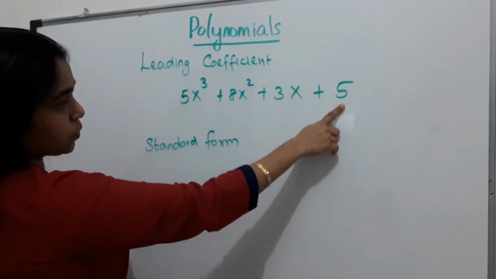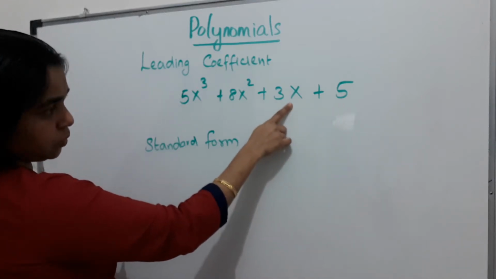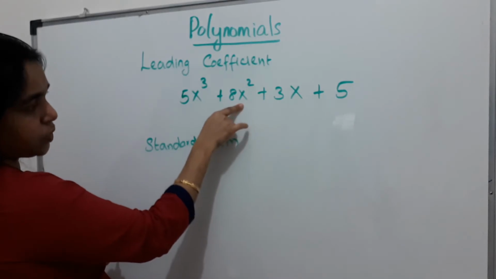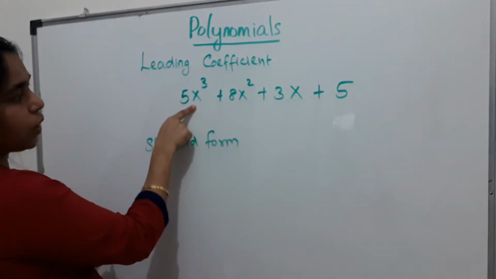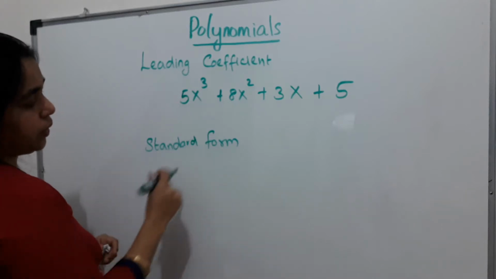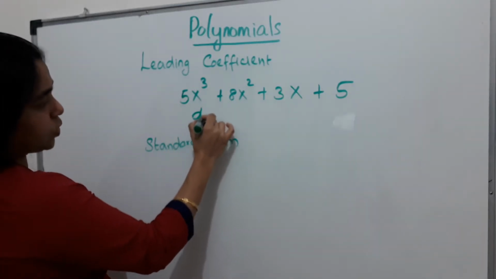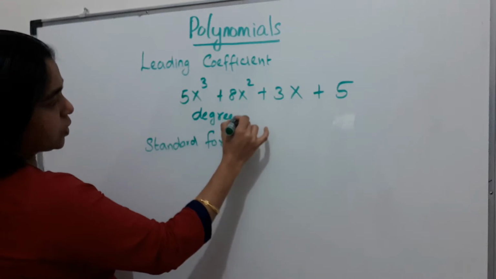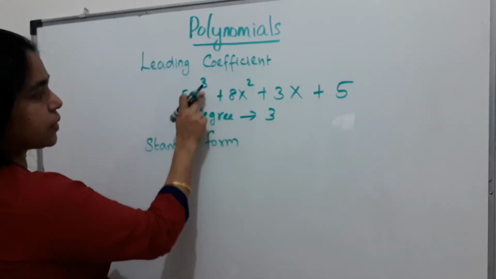So the degree of this term is 0, the degree of this term is 1, this one is 2, and this is 3. So you have to take the highest exponent, the highest power. So the degree of this polynomial is 3, because that is the highest